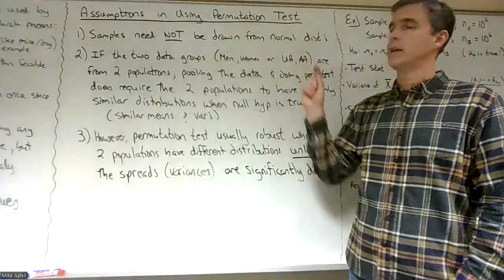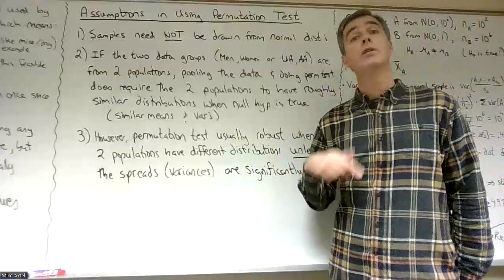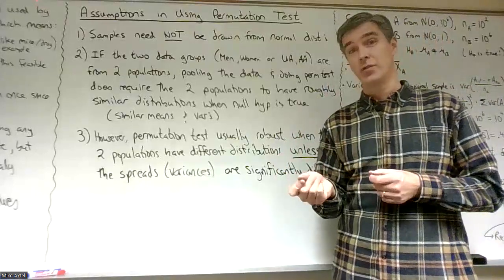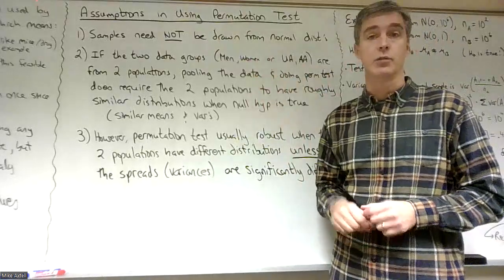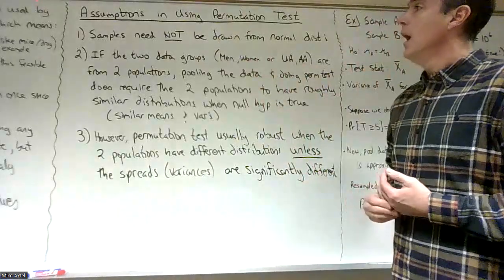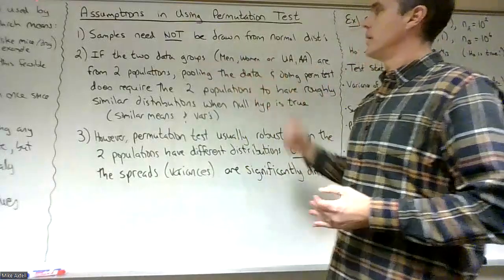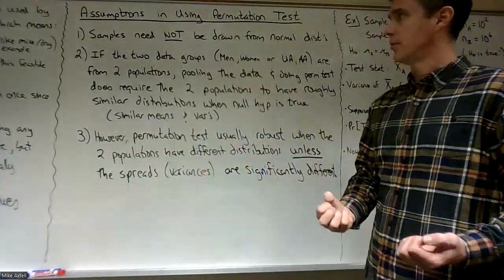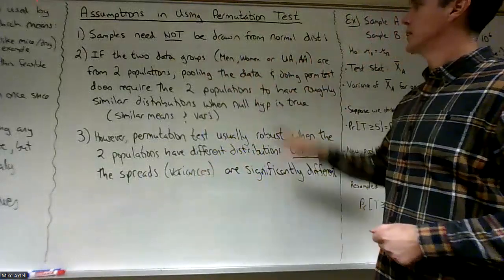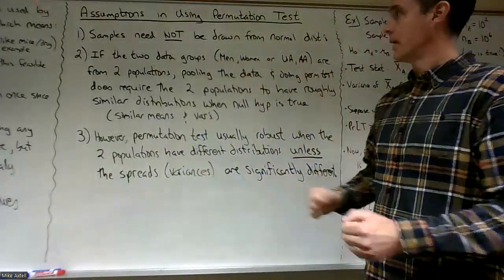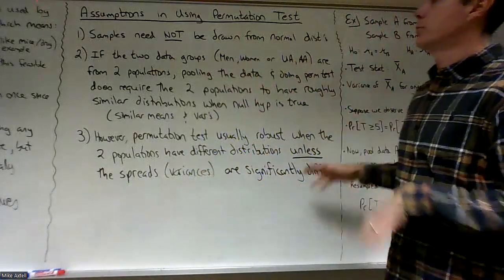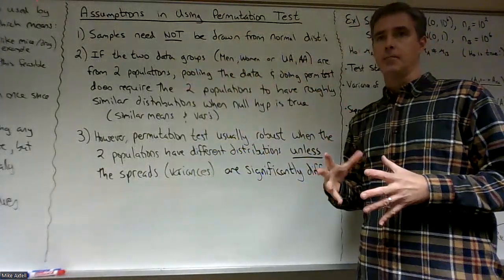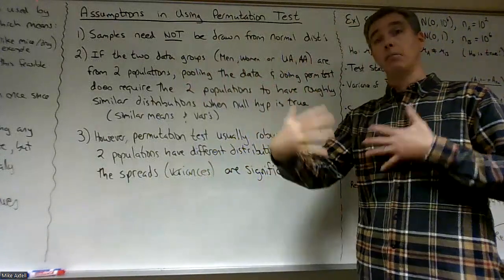And the reason I'm mentioning it here is many of the tests we do will assume we're from a normal population or our population is almost normal, okay? Here, we don't have that assumption, which is good. All right. And if we happen to have two data groups like a population of men and a population of women from which we sample, or the population of UA flights and the population of AA flights from which we sample, if the two data groups are from two different populations, well, then when we pool the data and then do a permutation of that pooled data,